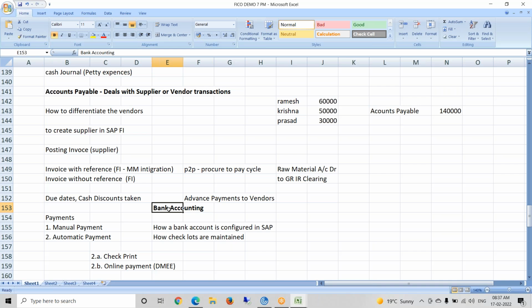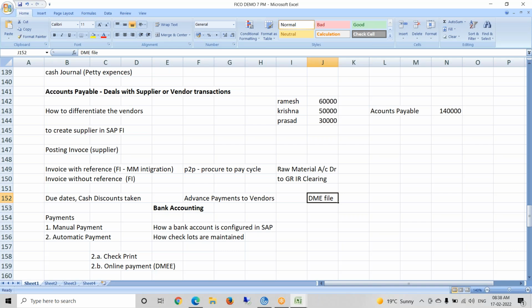For example, you executed IMPS from your phone, but it does not happen that easily for an organization. In an organization, in the SAP system, they will execute a payment, and for that online payment, a file will be generated. That file we call a DME file, data medium exchange file. We have to configure this DME, and once you configure it for automatic payments, this file will be generated and communicated to the banker.